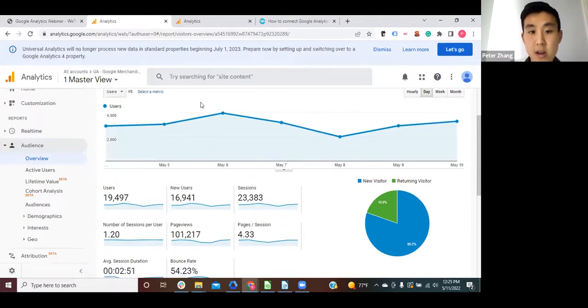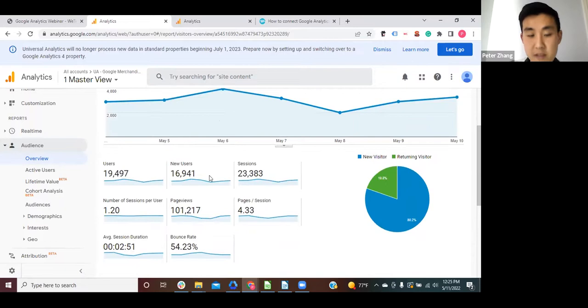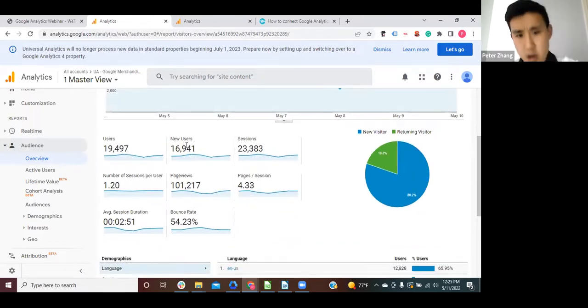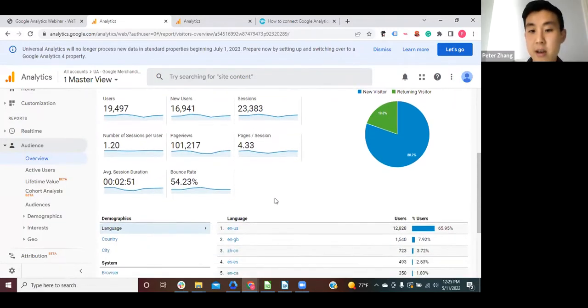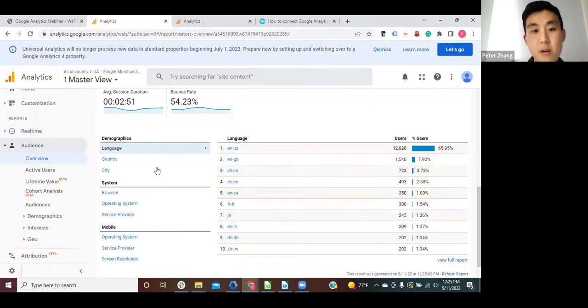But what we can see right from the outset is how many users are actually new versus returning visitors. Some websites might have a higher amount of returning users, but this is the demo page for the Google store, so people might just be going there. But you can see as well that there are more sessions versus the total number of users, so they might be coming back once or twice in a day.